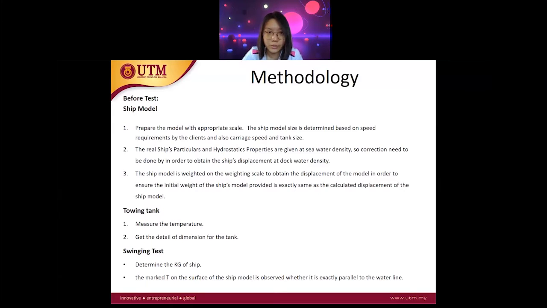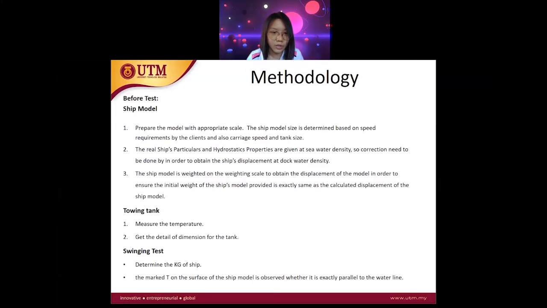So a correction needs to be made in order to obtain the ship's displacement at dock water density. Next, the ship model is weighed on the weighing scale to obtain the displacement of the model ship in order to ensure that the initial weight of the ship model provided is exactly the same as the calculated displacement of the